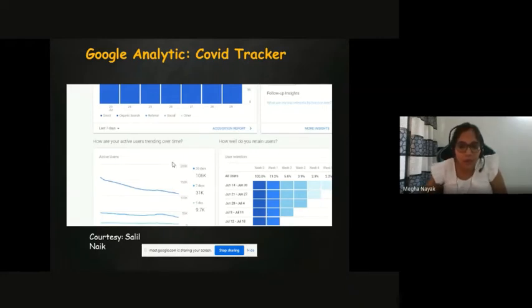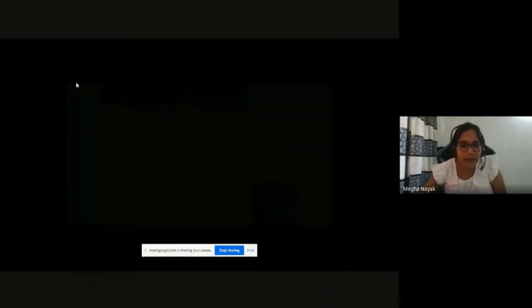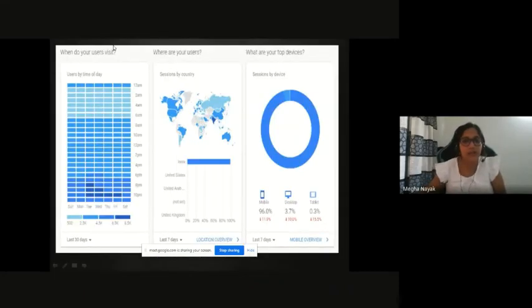So what all does it tell? The analytics ID gives you various information on where your users are from and what the top devices accessing your website are. It can give you how many people are on mobile, how many on desktop, how many on tablet. It also gives you the time of day people access the most. The dark blue says around 8.5k users, the light blue says 500 users.